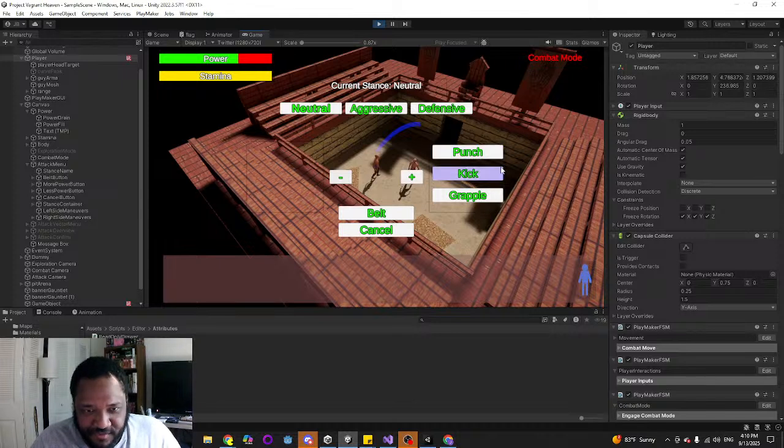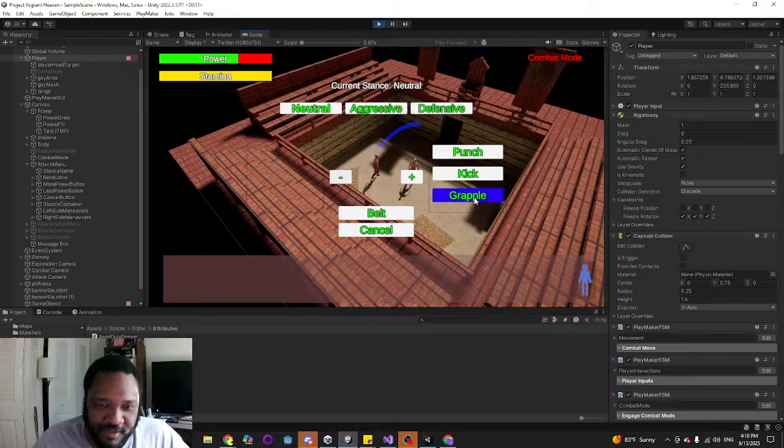The different maneuvers here cost different amounts of power. A punch is quick, so that costs zero power. A kick is more difficult, that'll cost you a little bit, and then a grapple will cost a lot.